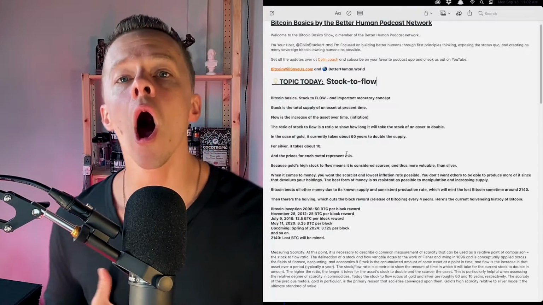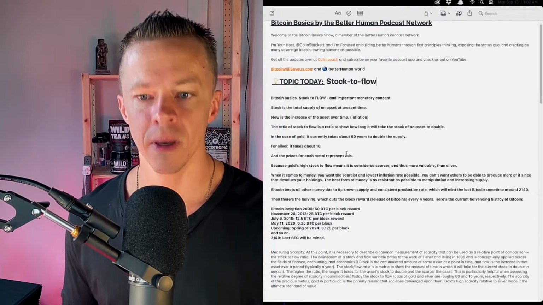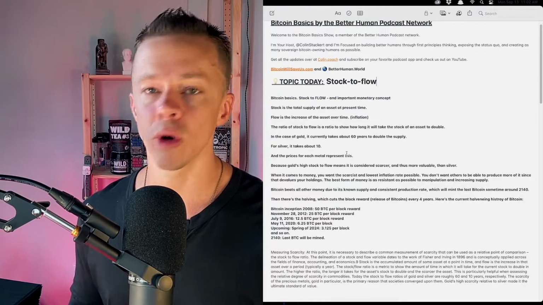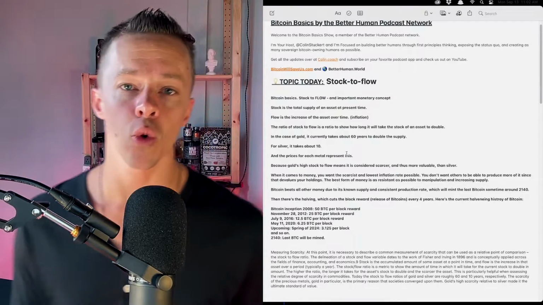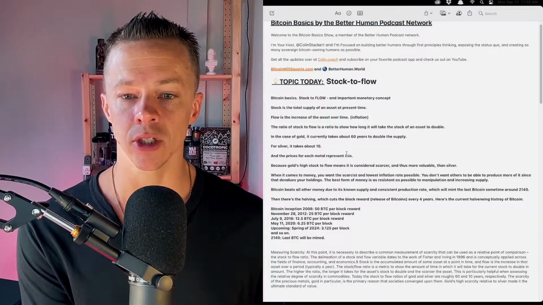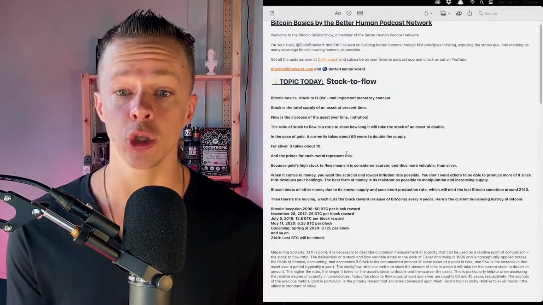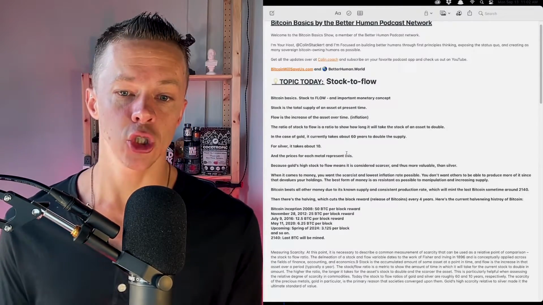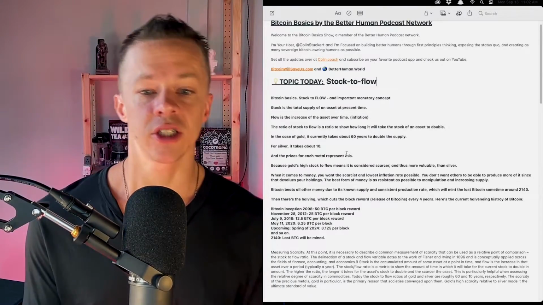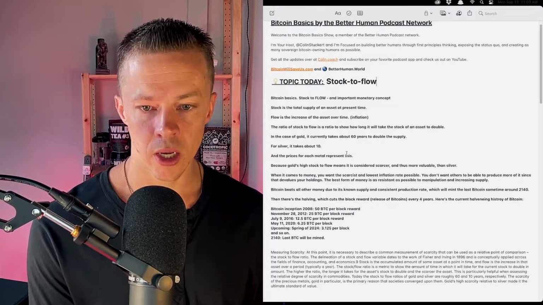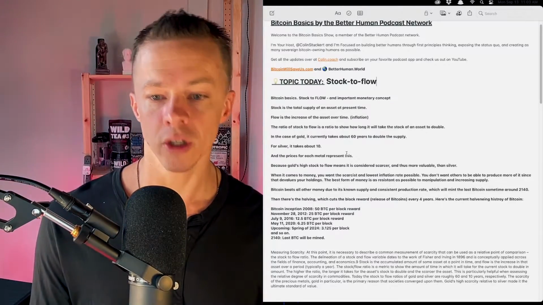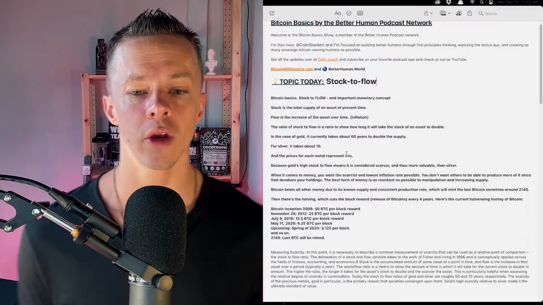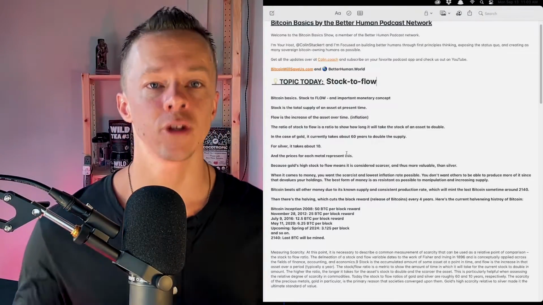Bitcoin beats all other money in this way because it has a known supply and a known halving schedule, or a known inflation rate. So currently the block reward every 10 minutes is about 6 Bitcoin per block. It used to be 50, then it was cut down to 25, then it went to 12.5 in July 2016. It went to 6.25 in 2020. And then it's going to go down to 3.125 and then so on until 2140 when the last Bitcoin will be mined. So every 4 years, you get half the amount of Bitcoin entering the space.